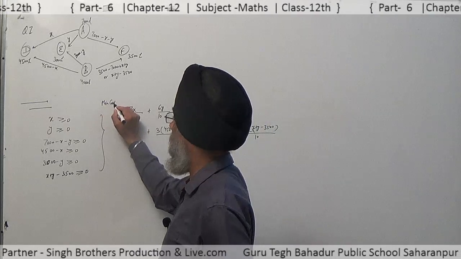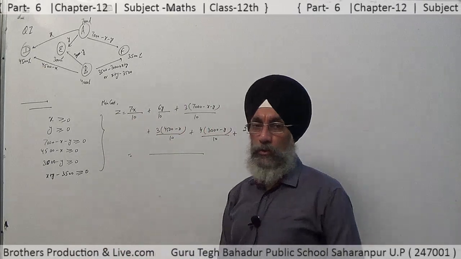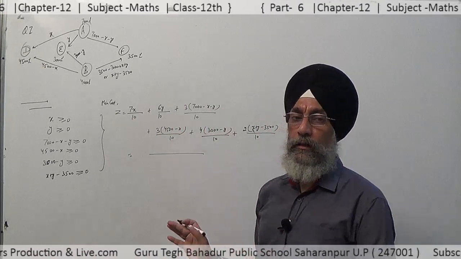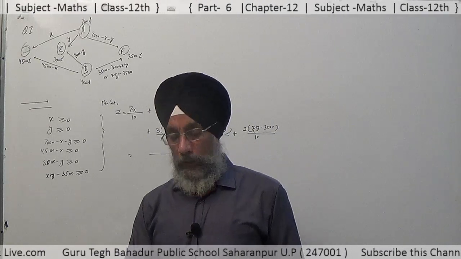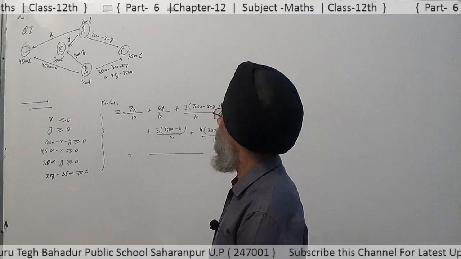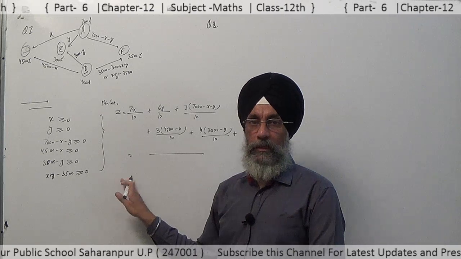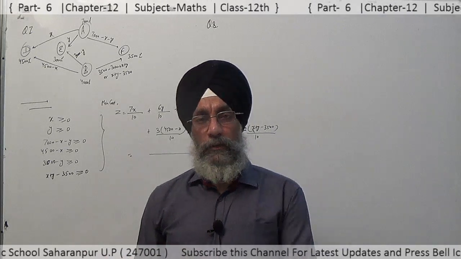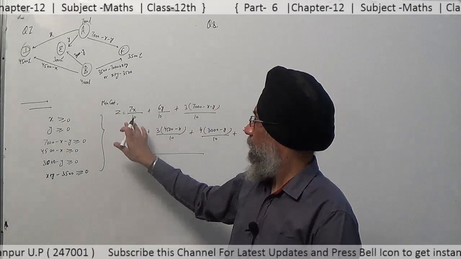So we have to minimize the cost. Minimum cost is equal to this. Solving this, we get the objective function, and then we have to solve it. The only difference is that we have to take the cost for 1 liter as 1 upon 10 per kilometer. The remaining thing is the same. If we see question number 8, you have to solve the question, draw the graph, find the feasible region, and then find the corner points, the vertices, and find at which point the value is minimum.